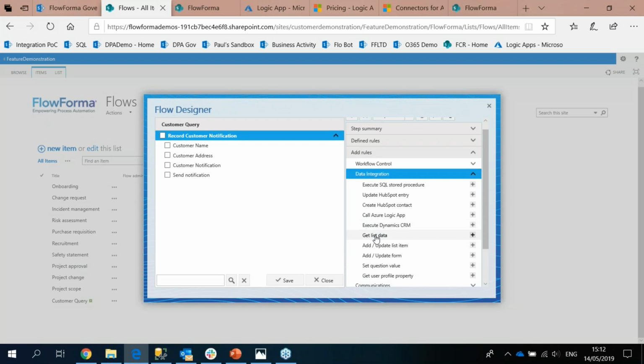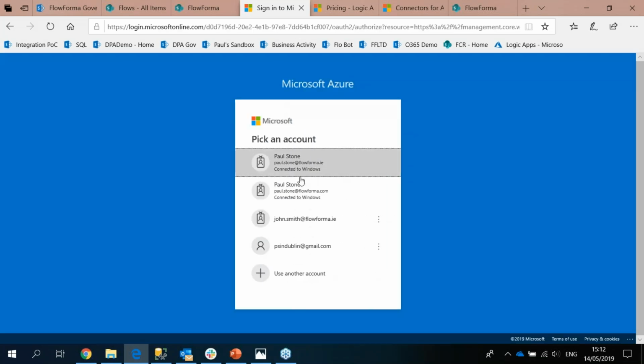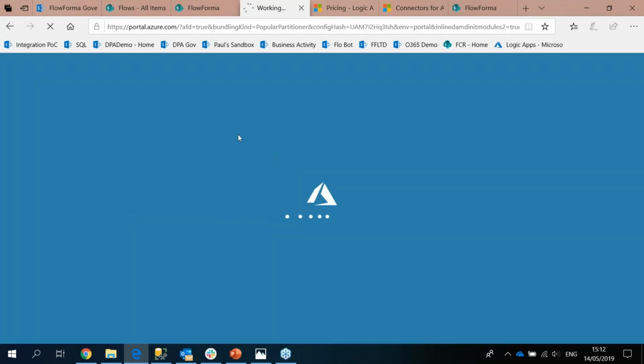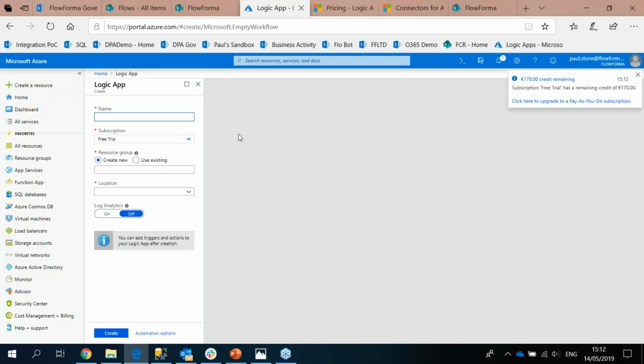So the first thing we need to do is talk a little bit about what Logic Apps is. Logic Apps is a tool that's provided by Microsoft as part of Azure services, and Azure services are available via your Azure licensing pack. So you will have signed an agreement with Microsoft to provide you with access to Azure services, and Logic Apps is just one of those services. If I look at some existing Logic Apps that I have here, or maybe if I create a new one,